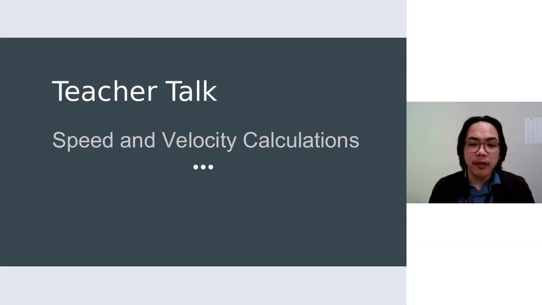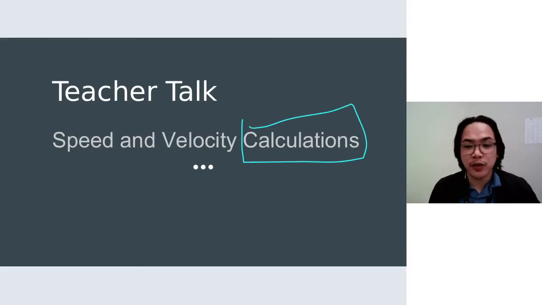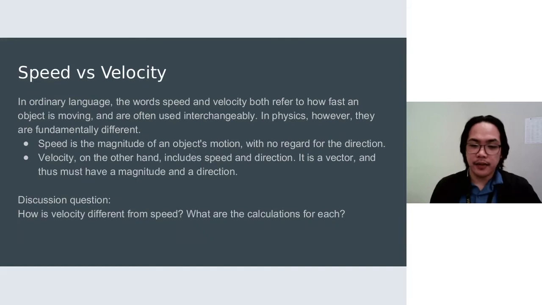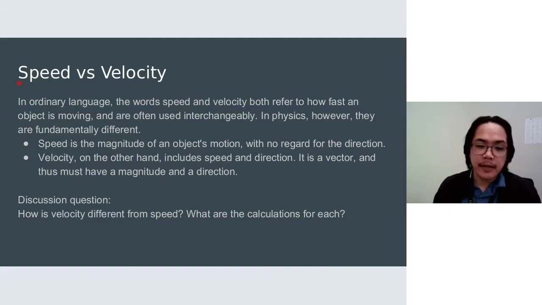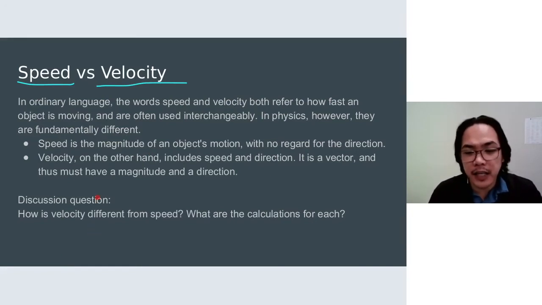Our vocabulary that we will go over is speed and velocity, and then it includes calculations. So we will still encounter words such as scalar and vector quantity. Okay, so let's have speed versus velocity. Let us take a look at the difference between speed and velocity. In ordinary language, the words speed and velocity both refer to how fast an object is